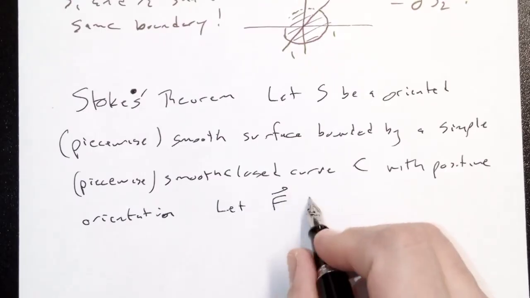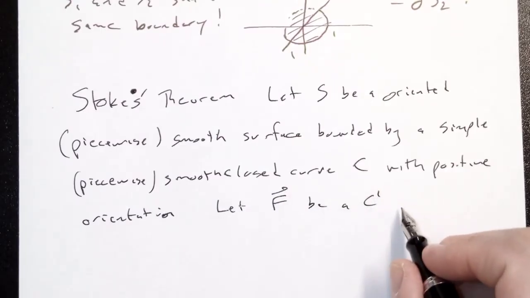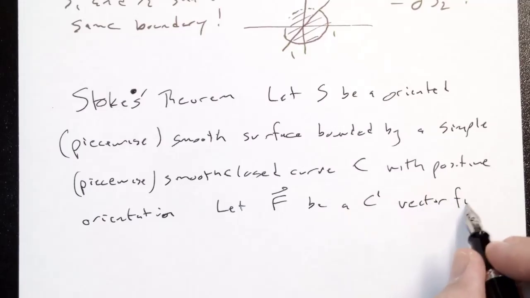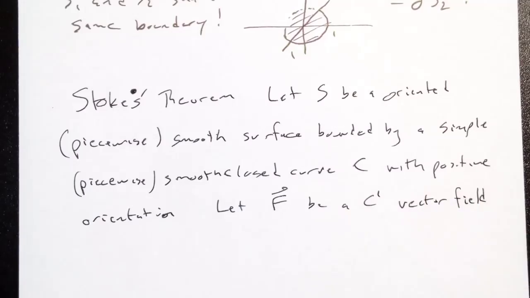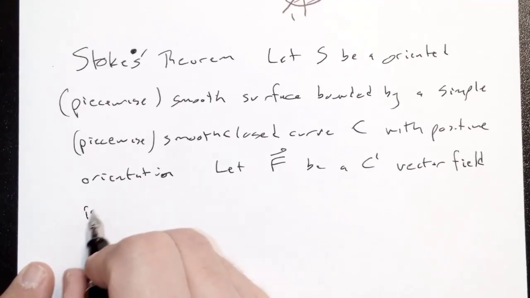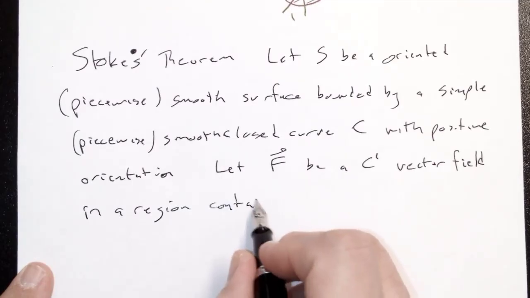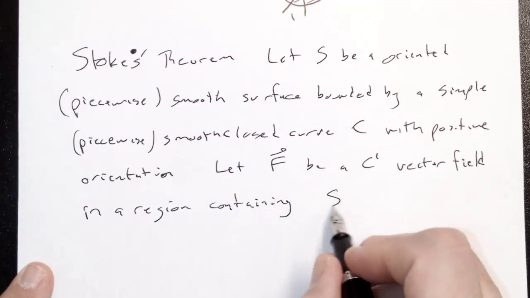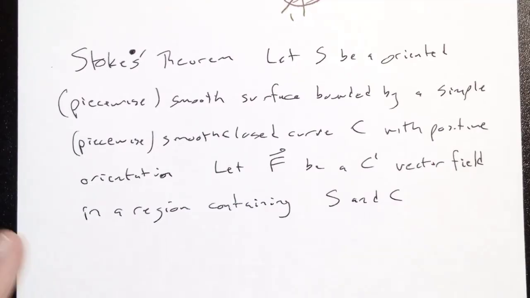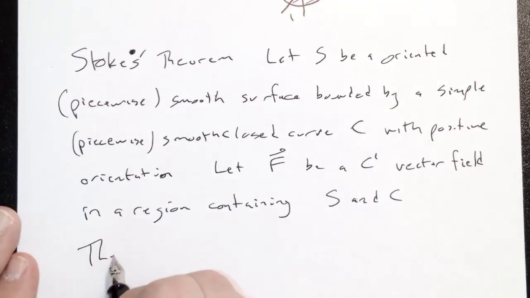Let F be a C1 vector field in a region containing S and C. I need my vector field to be continuous and continuous in the first derivative. Then